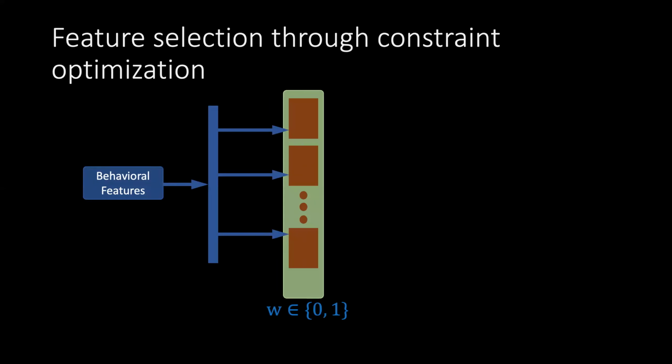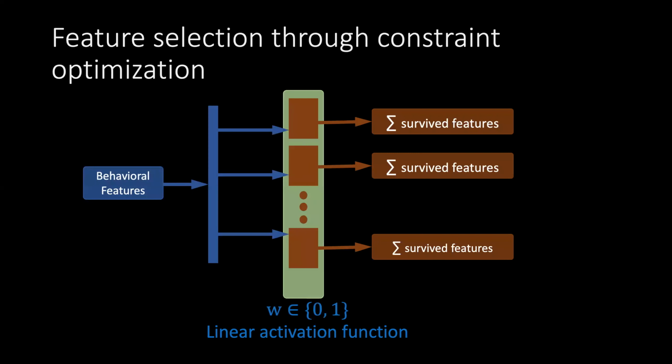That means features with associated parameter value 0 will simply be discarded. The nodes also have a linear activation function. So each node's output is just a sum of all the input features that survive the feature selection